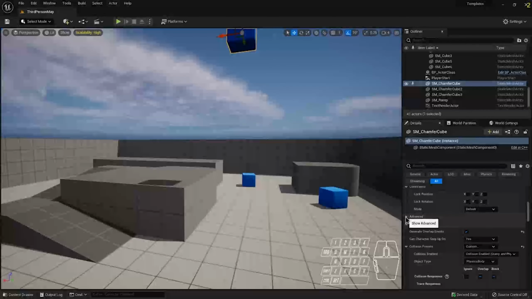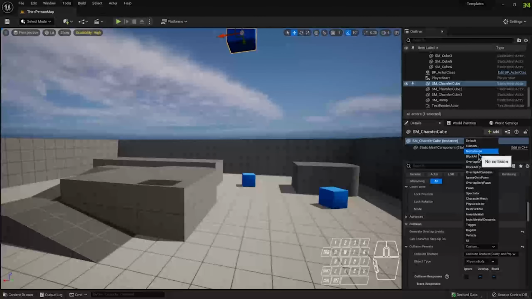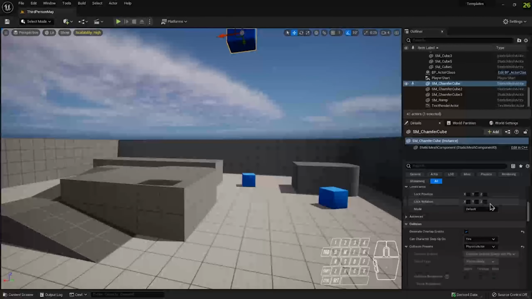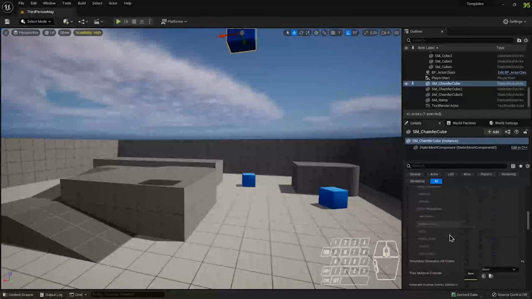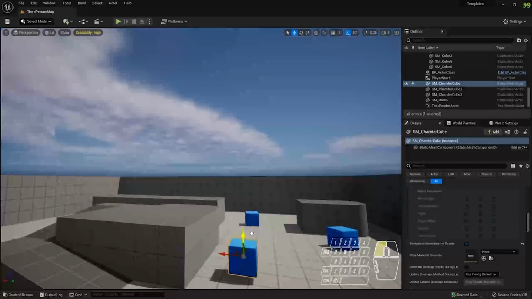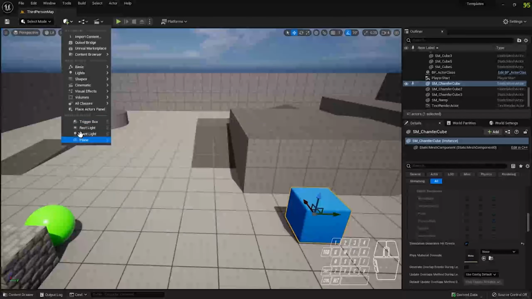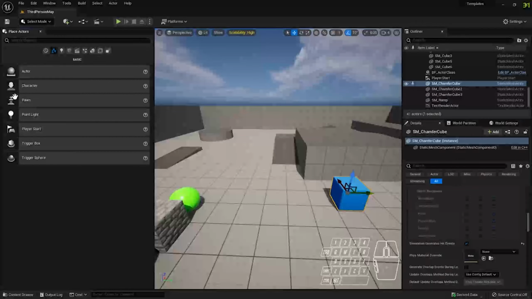Now let us actually try doing something amazing with the help of this trigger box and these events. So first of all, I will just reset this. I will set this to a physics actor. Now make sure this overlap events has been enabled and hit events is also there. So I'll just bring this down and I'll add this trigger box. Inside here, I'll bring this one over here